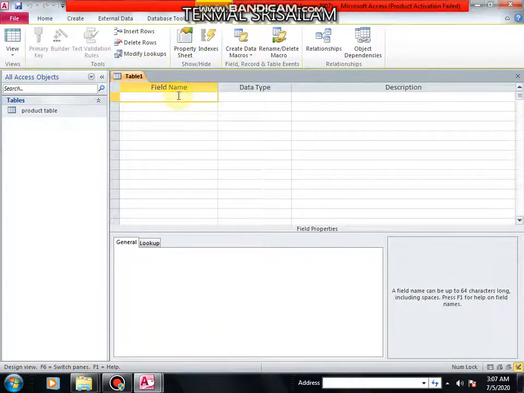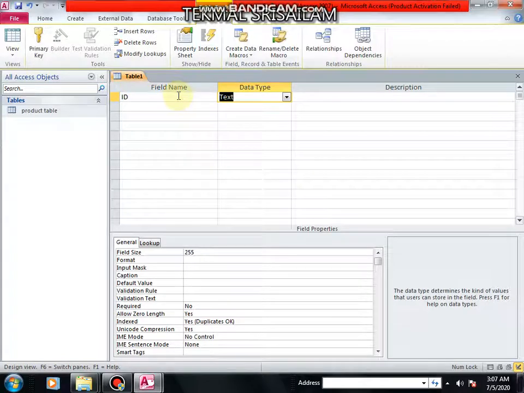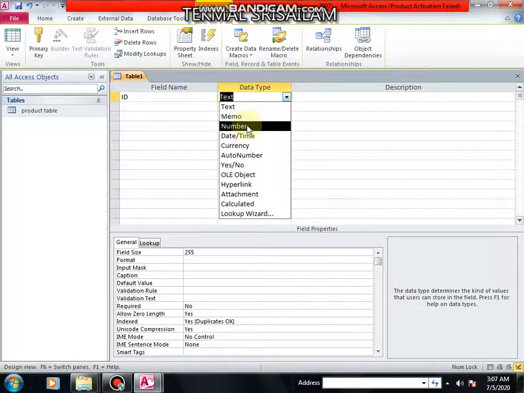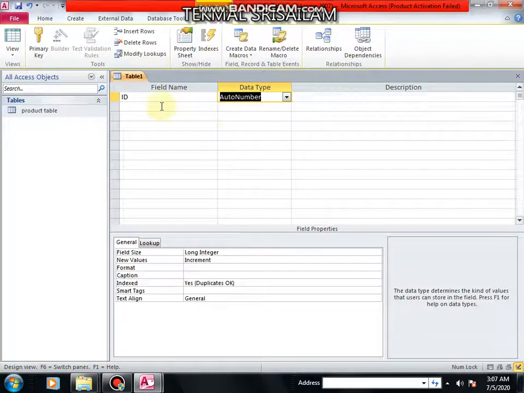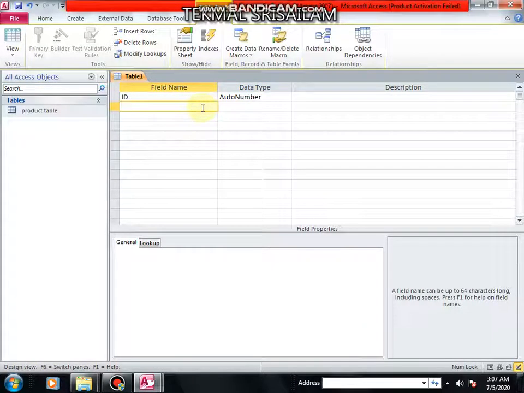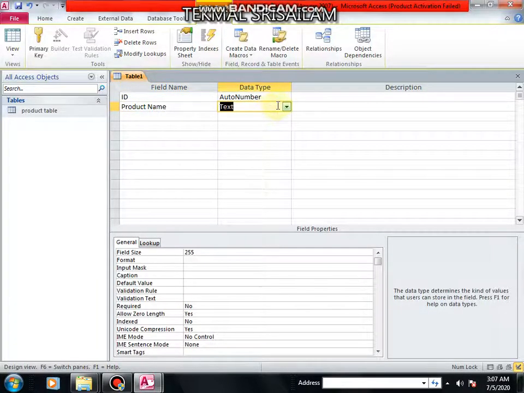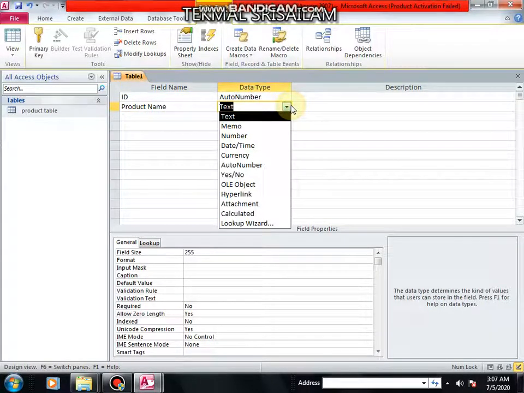I'm creating a table similar to the one we had just before. Select auto number, then the field name. From this drop down I can select any data type, selecting text.